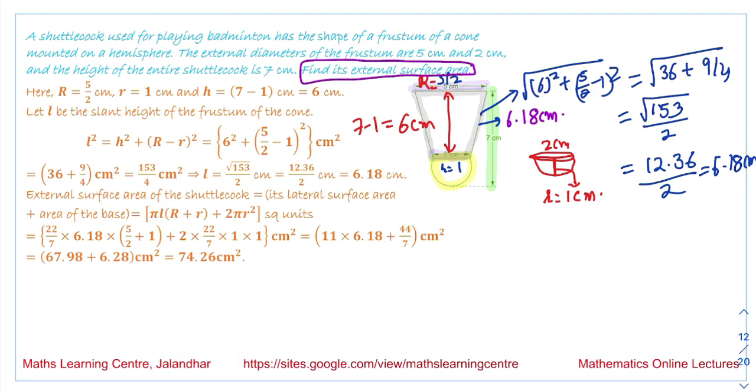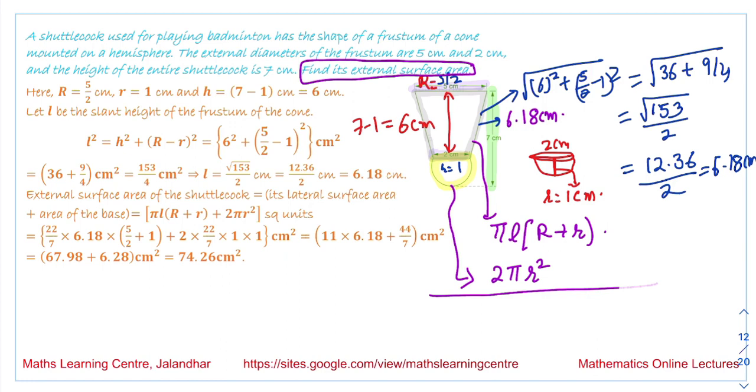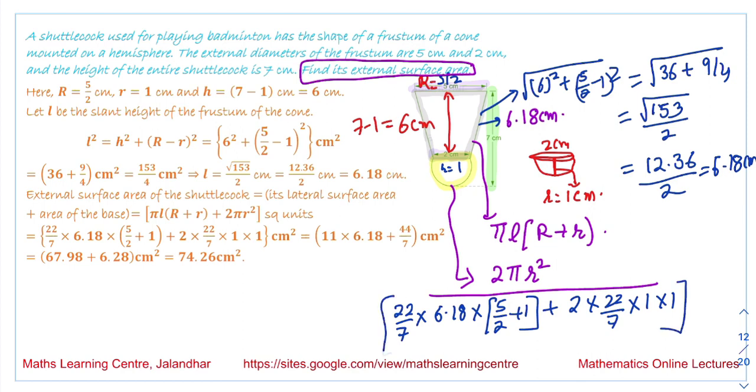So the external surface area means we are talking about the area of this portion and the area of this hemisphere. So the lateral area of this frustum of cone, the formula we have is pi L into (capital R plus small r), and the lateral area of this hemisphere is 2 pi r square. So when we add these two values, the answer we will get is 22 by 7 into 6.18 into (5 by 2 plus 1) plus 2 into 22 by 7 into 1 into 1,